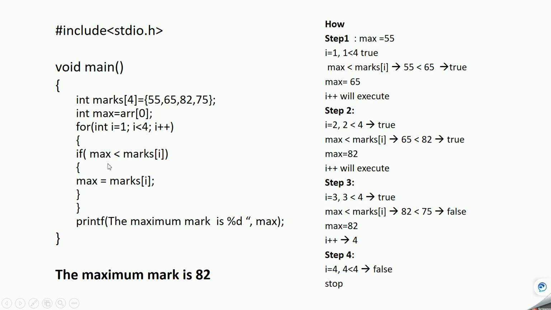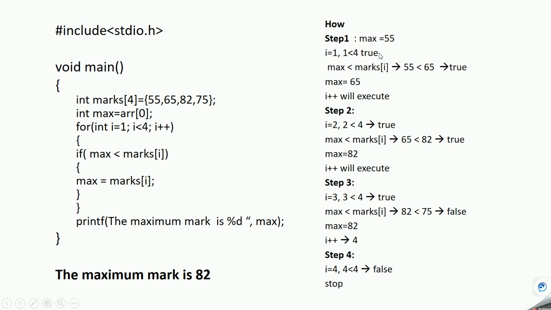To find it out, we can write the program like this: we give the array, and at the beginning we assume that the maximum value is at the first position. So array of 0 will be the max value, the first value in the array. And then we have the condition from next, starting from 1, because we have already accessed the value at position 0.